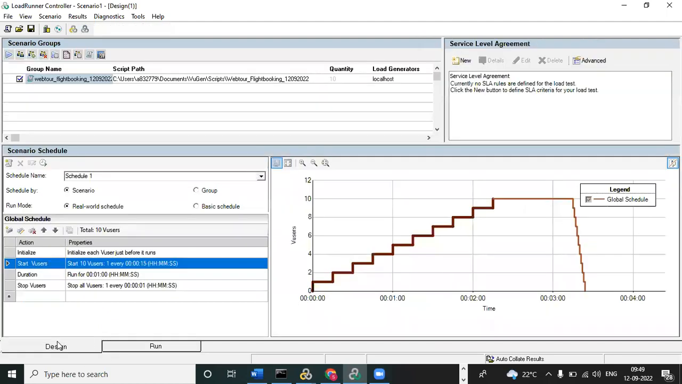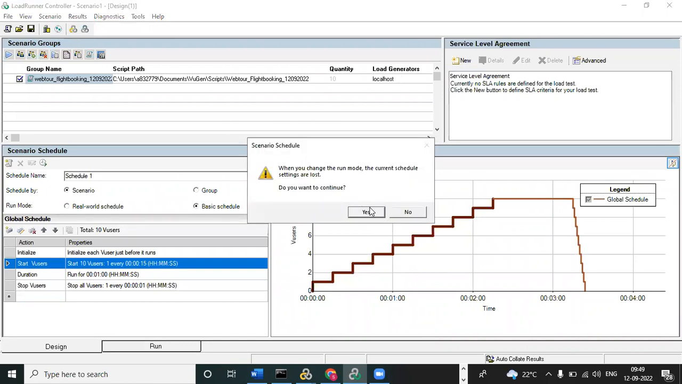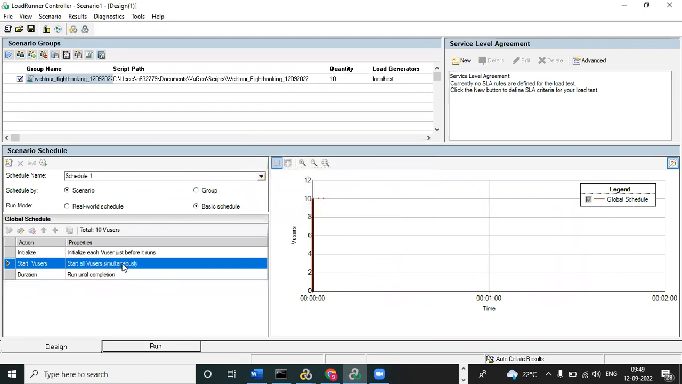So now we design part. We are designed for how many users we want. The design is completed. Okay. So if you want